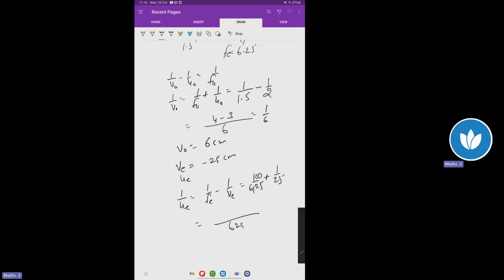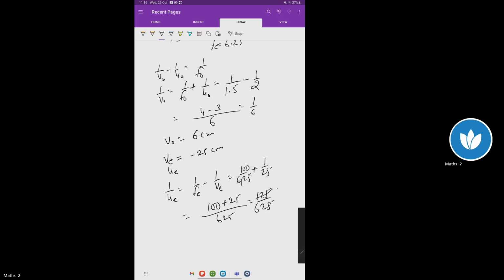LCM is 625. 100 plus 25, 125 upon 625. UE is 5 centimeter